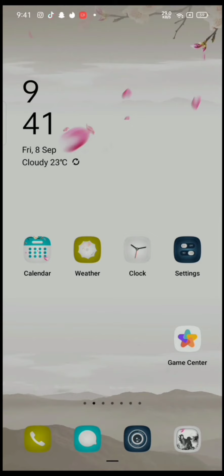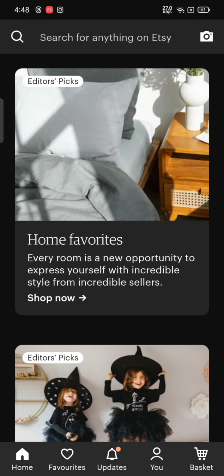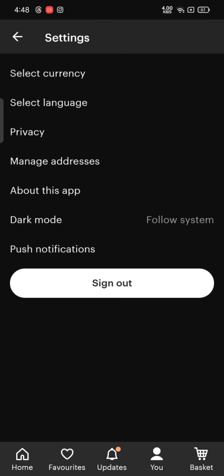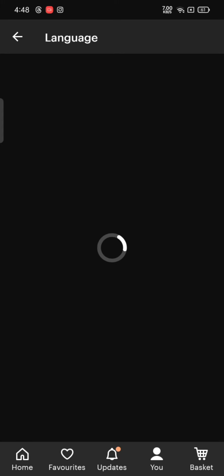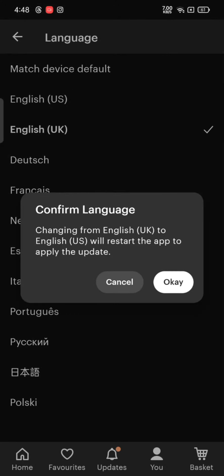To translate or change your language on Etsy, firstly open your Etsy application. The home page of Etsy will appear on the screen. Click on View option on the bottom of the page. Click on Settings. On the next page, among the given options, tap on Select Language option. Choose the language, confirm it by clicking on OK, and that is how you can change or translate your language